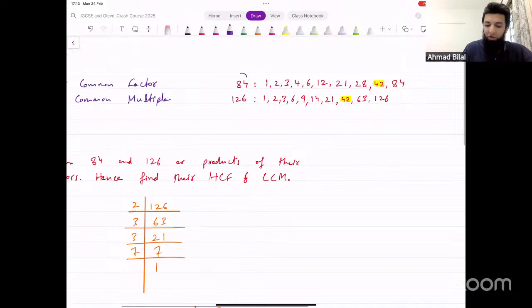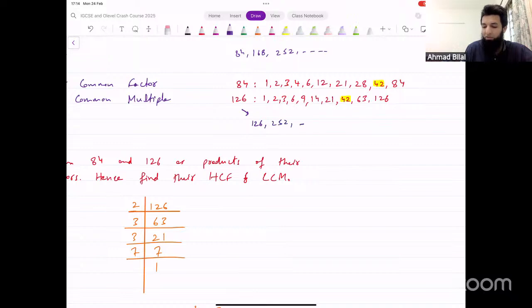Now, 84 has a lot of multiples, right? For example, we can multiply 84 by 2. So multiples of 84, what would they be? 84 and then 168 and then 252 and so on. And similarly, 126 has a lot of multiples. Starting from 126, we have